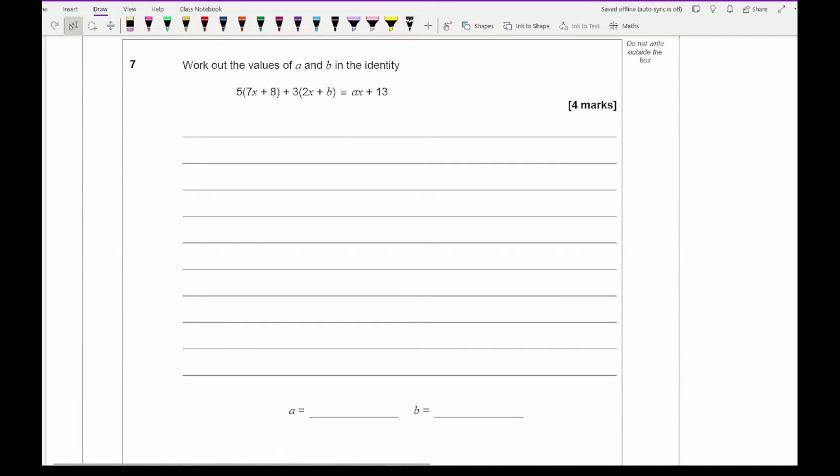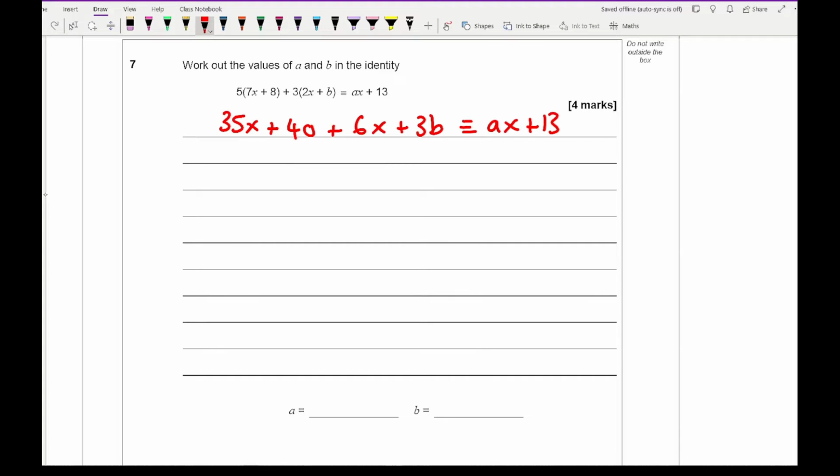Then looking at question 7, it says work out the values of a and b. So this is comparing coefficients. So what we need to do first is expand the bracket. So here I've got 35x plus 40 plus 6x plus 3b, and that is all equivalent to ax plus 13. Then if I simplify the x's, I've got 41x plus 40 plus 3b, and that's all equivalent to ax plus 13. So looking at comparing the coefficients, 41 must equal a,